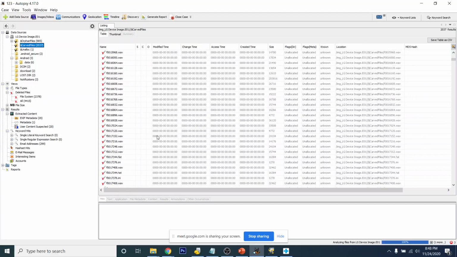Very nice. You can analyze all the files by starting them, opening them, recovering them. So we will get to know that this file is used for this, this may be used for this, this is a system file, this is an image file of the camera, and much more data.